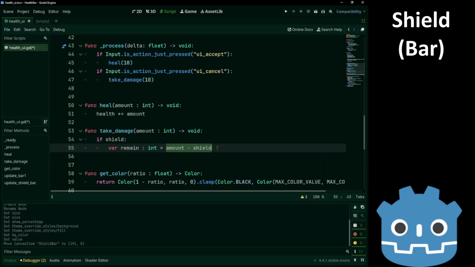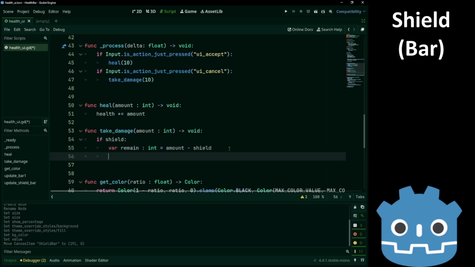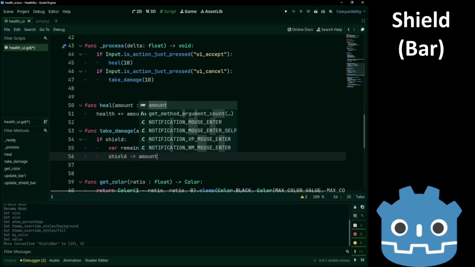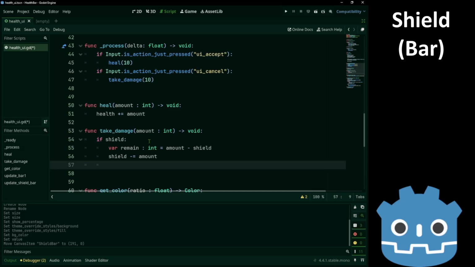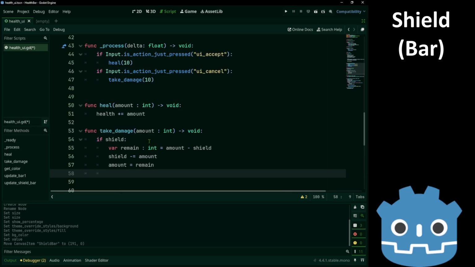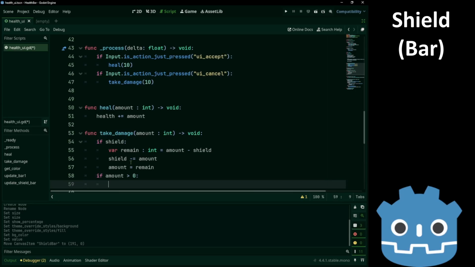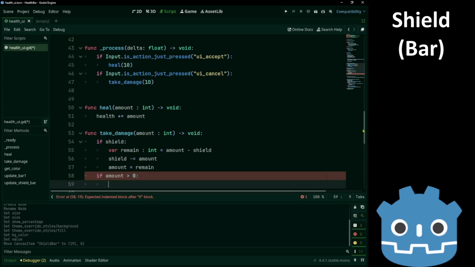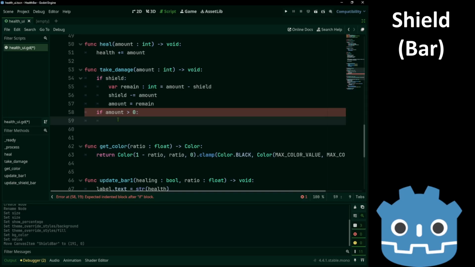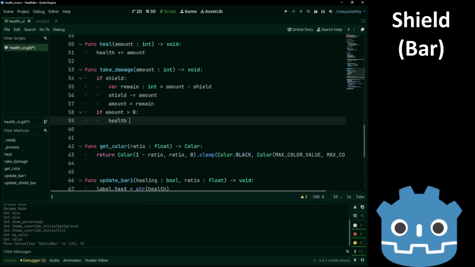That is how much damage we will take after the shield breaks. So, shield is reduced by amount, and amount is equal to remain. If amount is greater than 0, that means our shield was not enough to protect us, so our health will also go down.